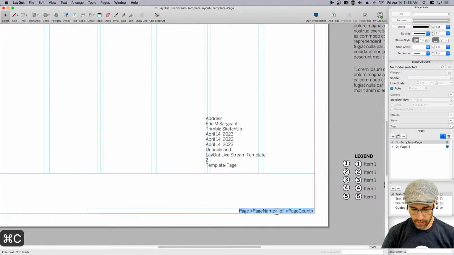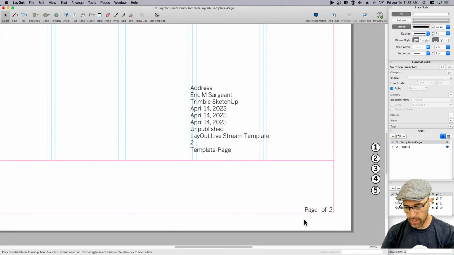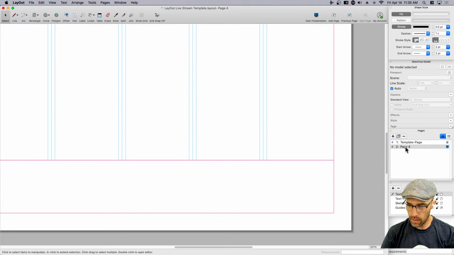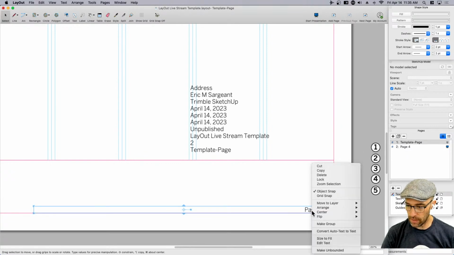How do I set the page number of total pages? That's page count. So I'm kind of playing around here. I'm forgetting, so I'm writing page number of page count. And what I'm trying to do right now, it's saying that I'm on the template page and I've told it to omit that page. So if I go to page 2, if I take this here and I move this